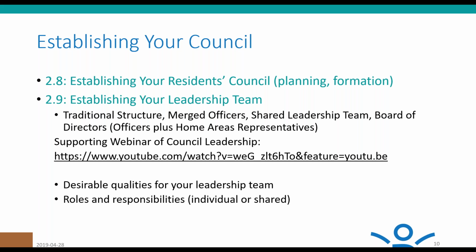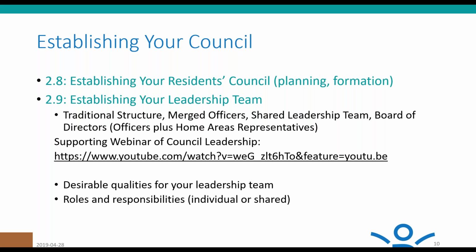Subsection 2.8 is a great place for residents that are looking to establish a Residence Council in the home. This will be particularly helpful when new long-term care homes are built and eventually occupied by residents who will be looking for some specific guidance around how to go about planning and forming a Residence Council in the home for the first time. Even for existing Residence Councils, it might be helpful to revisit this section as a bit of a refresher on some of those foundational areas and work that goes on to set up a successful council and